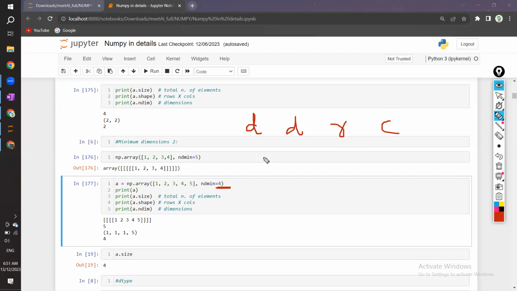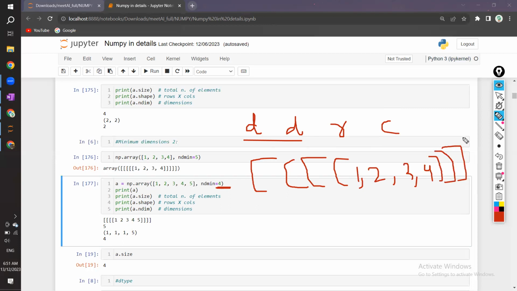Now if you add a total of 4, this will be one more dimension. That means 2 braces will be for this. And the third one will be for the row, and inside that you will have the actual values, 1 2 3 4, whatever values you are having. Now you need to close this. So over here,